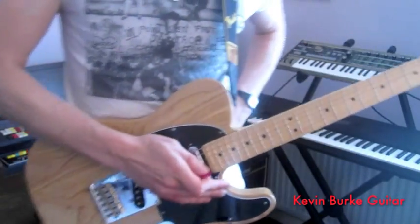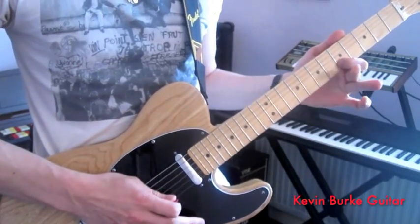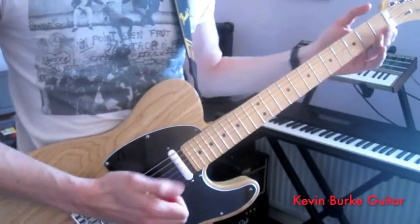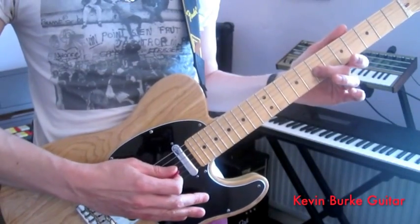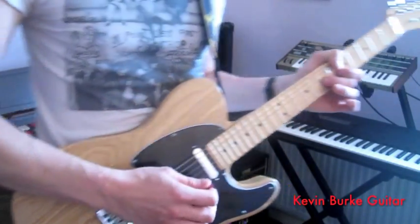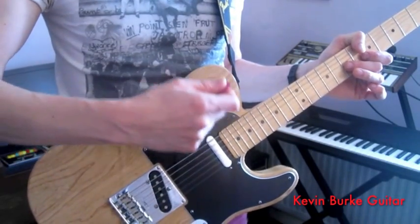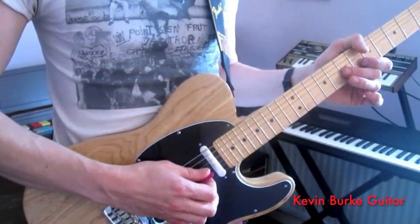Okay, and then it comes to the main riff. So we're gonna go. Okay, and that's basically 7 on the G, played twice. I'm gonna pluck it a third time, but this one's gonna be the start of a sweep picking passage. You know, sweep picking is where you cross from one string to the next. It can be multiple strings, but at least one to the next with a continuous motion. It can be down or up, depending, obviously, which way you're going. But in this case, we're going down